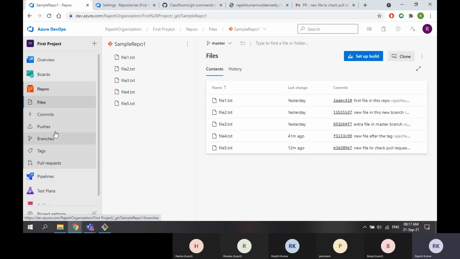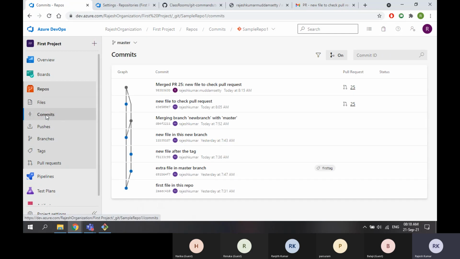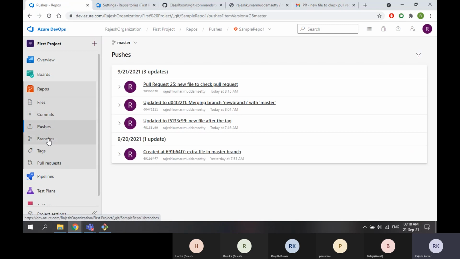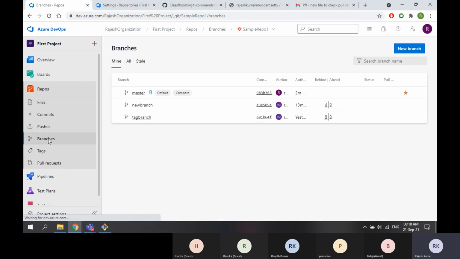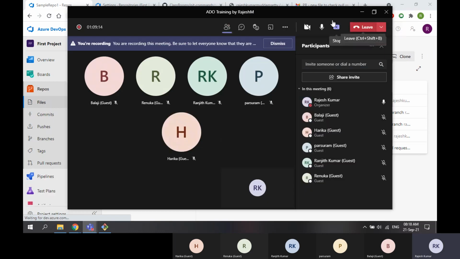Okay. Tomorrow we will see remaining options. There are many things within the branches itself. Those are not related to local. They all are like from here only. How things happens here. What are things we can control from the remote itself. Okay. We will see that tomorrow.